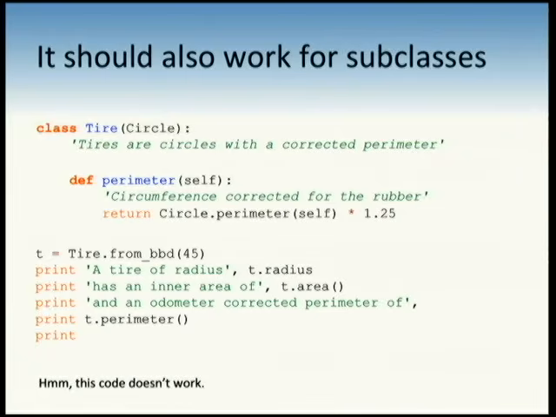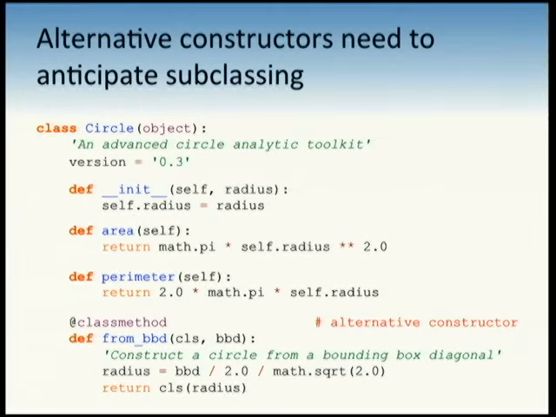So we failed to think about the subclasses. What do I need in order to parameterize the call to know whether I was called from a tire? If I'm from BBD, how do I know whether I was called from a tire or whether I was called from a circle? Yeah, we pass it in as an argument. So a class method says change the first argument from self to cls. We need cls as a parameter so we know what to construct. I just changed circle to cls. Excellent anticipation of the next slides.